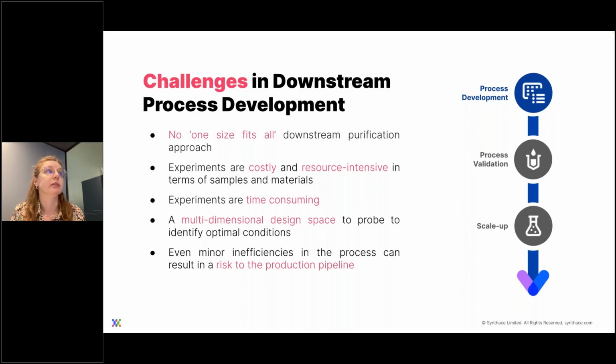Downstream process development experiments are costly and pretty resource intensive, both in terms of samples and materials that you need to invest, but also time that you need to invest to actually set them up. So those are typically multi-hour runs requiring quite a lot of materials. In these experiments, there's also a really broad, multidimensional design space that you need to probe to identify these optimal conditions. There's so many variables, so many parameters that you can be tweaking to get to that optimal purification